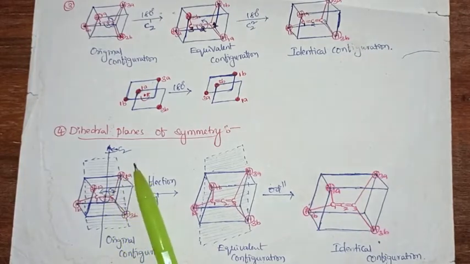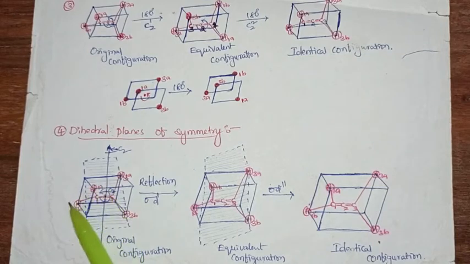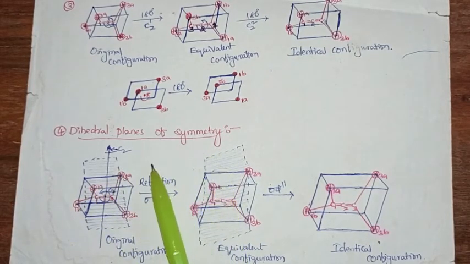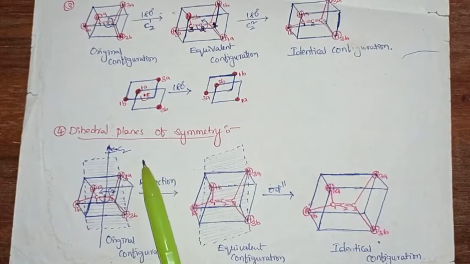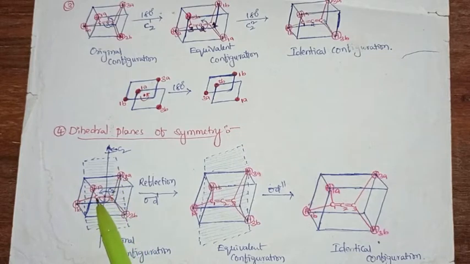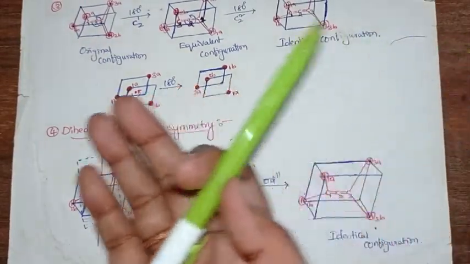Here the one methylene hydrogens are there, here the other methylene hydrogens are there. There are two methylene groups, CH2 and CH2. The CH2 group will be called a methylene group, right? So here the plane we are considering is passing through all three carbon atoms and one of the methylene hydrogens, right?